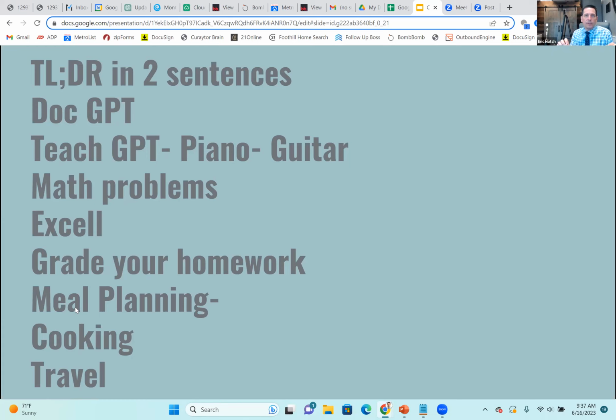And then even better, when you're done, you can tweak it. Go, I don't really like this. Subtract this, take this fish out, whatever you want. Say, great, I like it. Then you say, please give me a shopping list for 4 people, and it will populate the shopping list just like that for your meal planning.